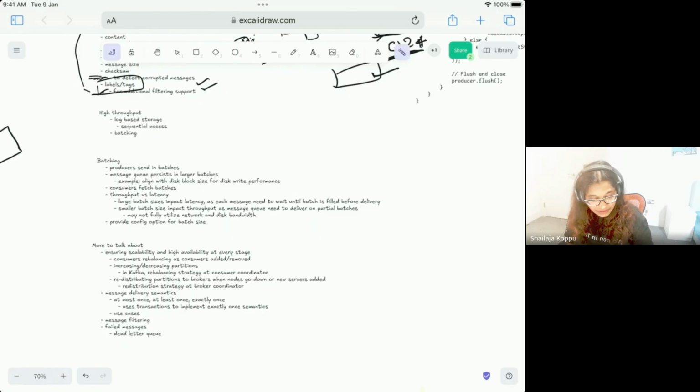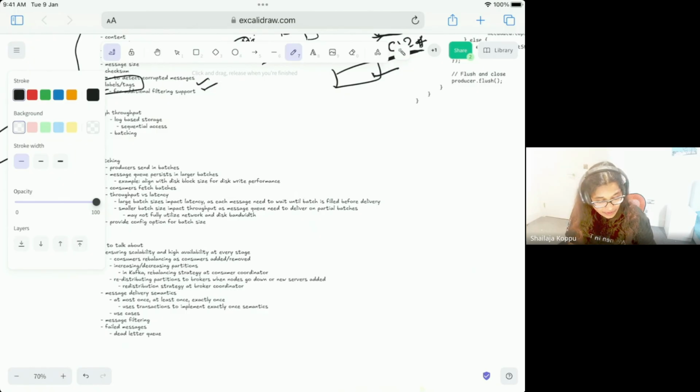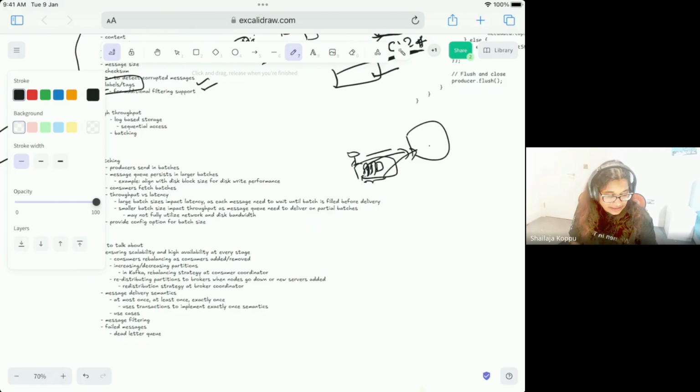So if the producer is sending messages to the message queue, instead of sending one message, which comes as a network packet and involves a network send, it can batch a couple of messages into the buffer until the buffer fills up, and then send this entire buffer to the cluster. That means in one send operation we are sending more than one message. And this is the advantage while sending.